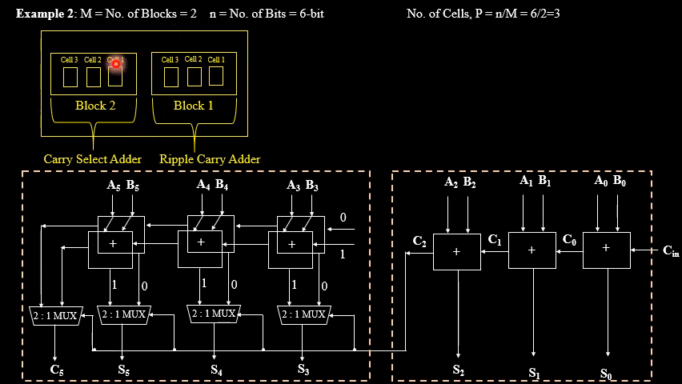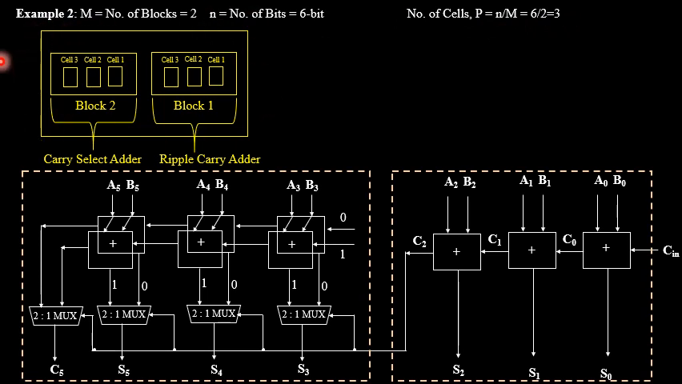So this is the second example which I have chosen. In terms of blocks it is 2, in terms of bits it is 6. So if I want to calculate the number of cells, it is n divided by m, 6 divided by 2, which is equal to 3. So now what does it mean? This outer